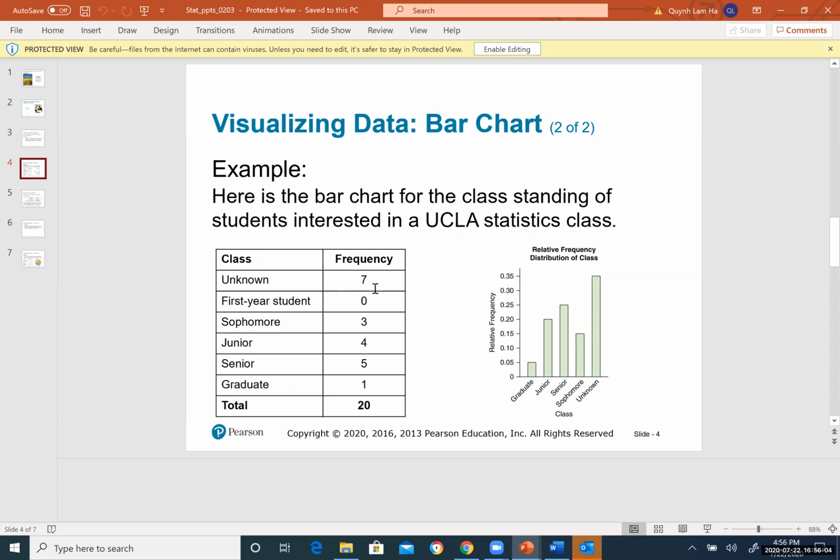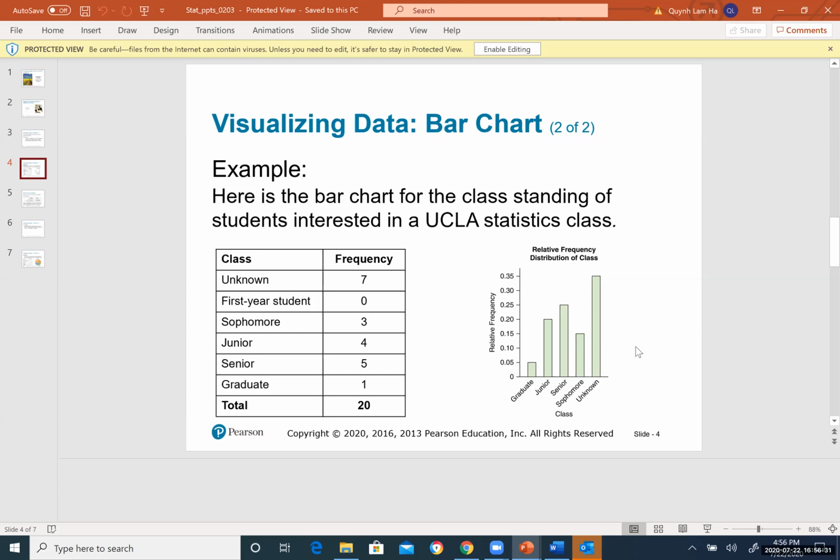Unknown, we have 7 students. First year student, you have 0. Sophomore, we have 3. Junior, we have 4. Senior, we have 5. And graduate, we have 1 in the class. So let's say the total is 20 students in a statistics class. And in order to graph these categorical variables here,